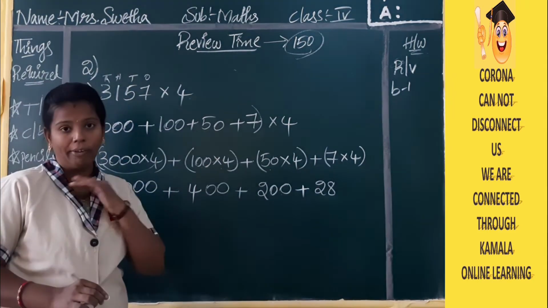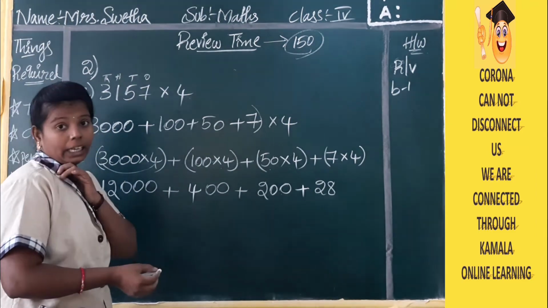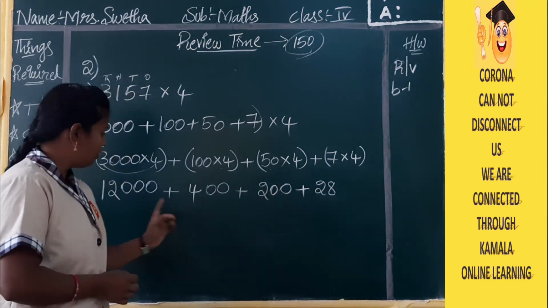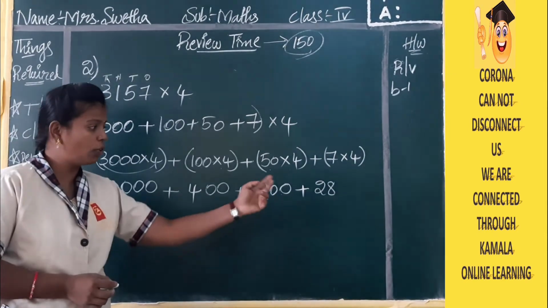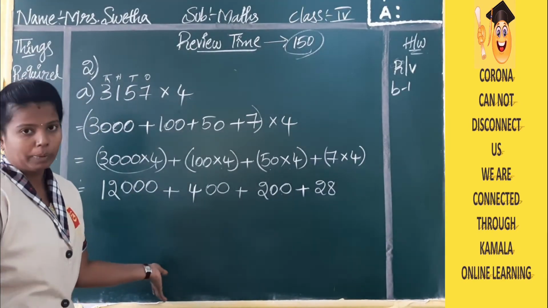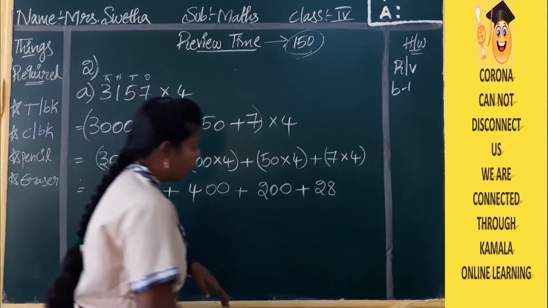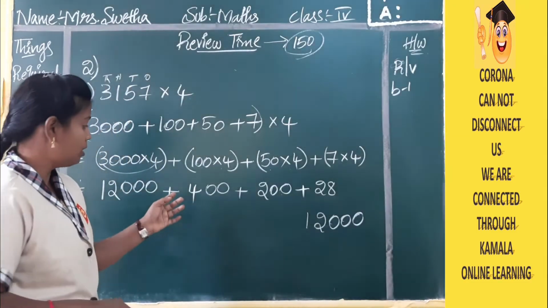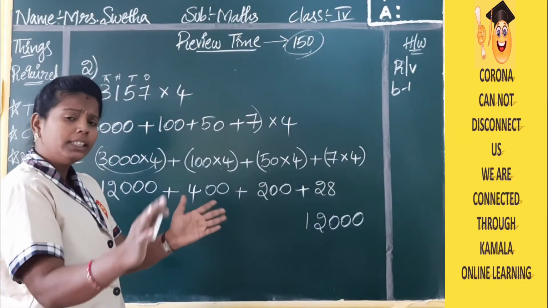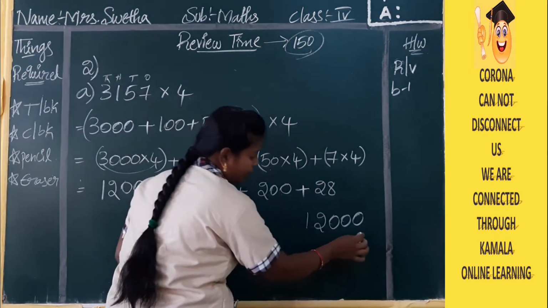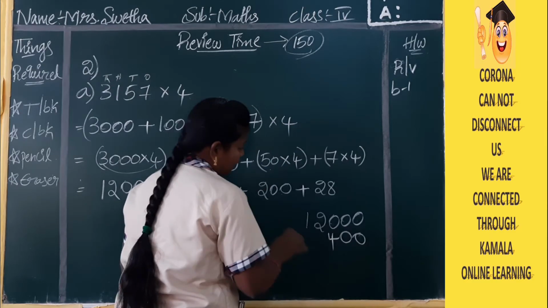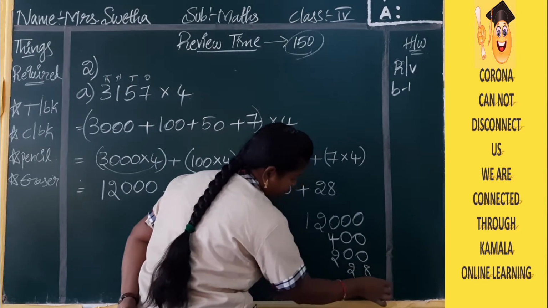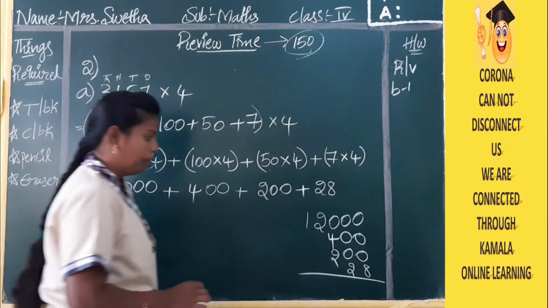Now all these numbers you have to add. If you know directly, you can add without any confusion. If you can add directly, you can add only ones place. All the ones place numbers you have to add first, write in the ones place. All tens place numbers you have to add first, write in the tens place. Like that you have to add. If not, you can take all the numbers in the rough column, 12,000. And when you are arranging the numbers, you have to arrange from the last so that you can arrange the numbers in the correct way. So next to 400, 0, 0, 4. Next to 200, 0, 0, 2. Next to 28, 8 and 2.